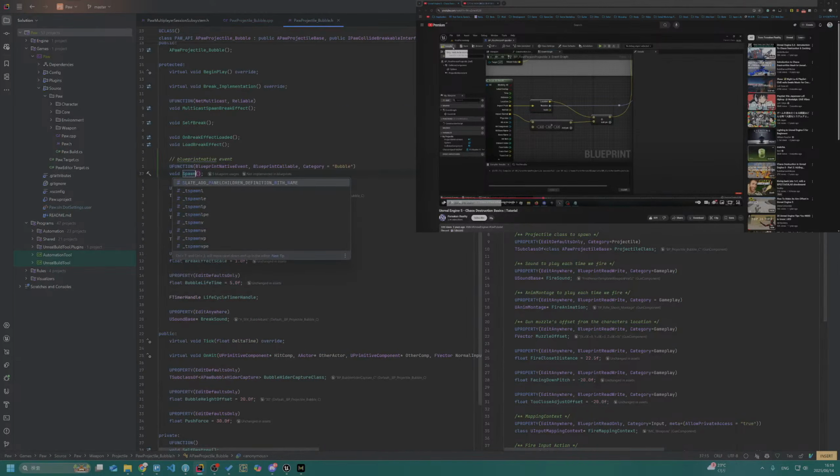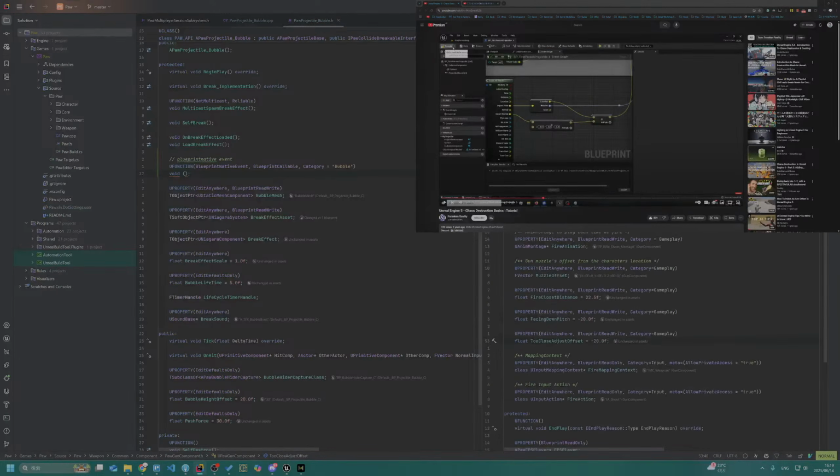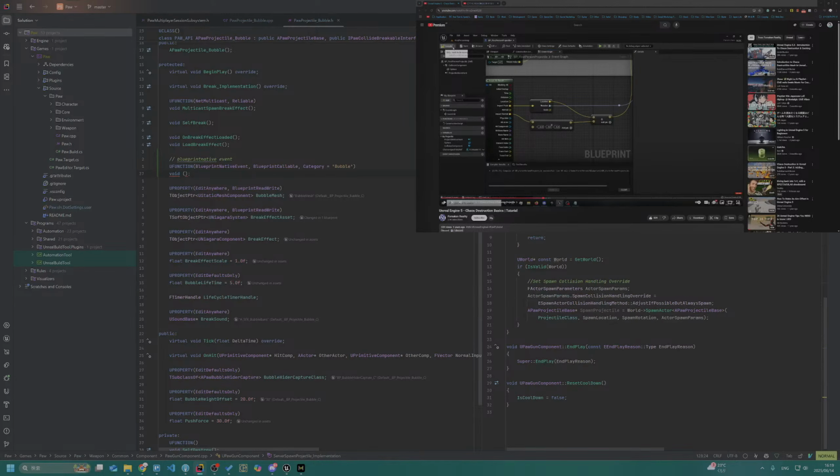Spawn. Server spawn. No, wait, what is that? Yeah, server spawn. UFUNCTION. You call UFUNCTION Server, Reliable. But this is not about blueprint.